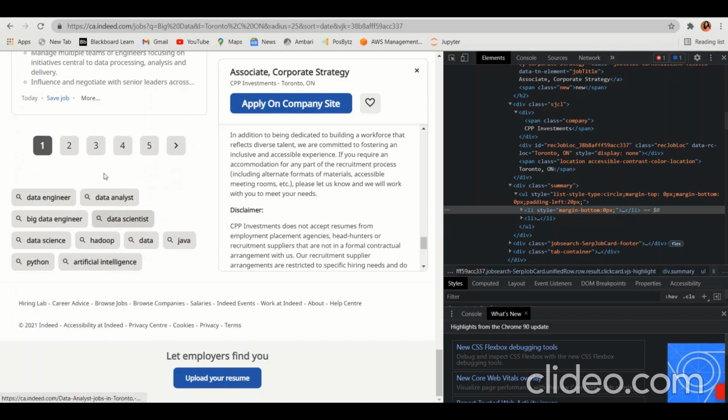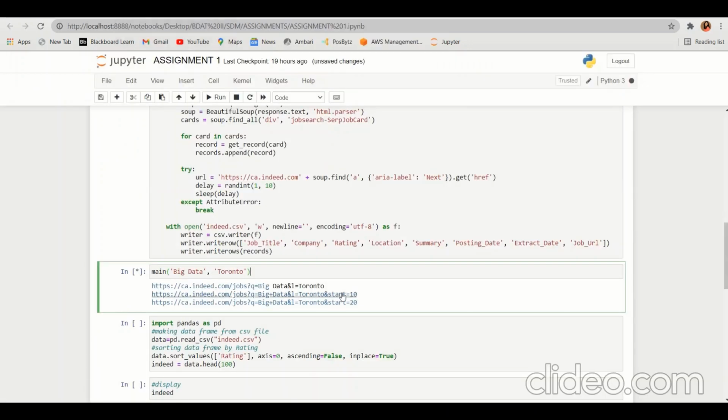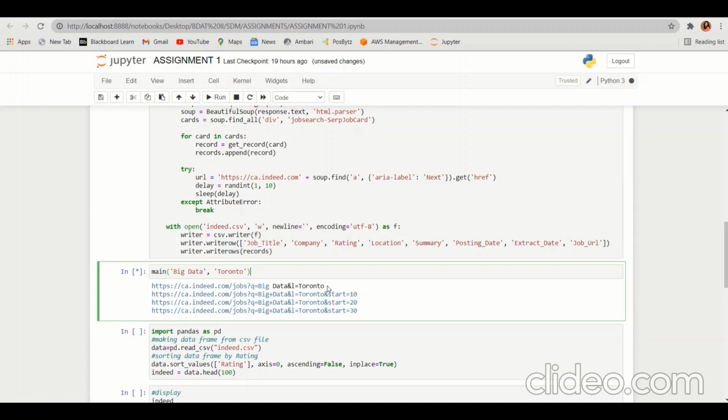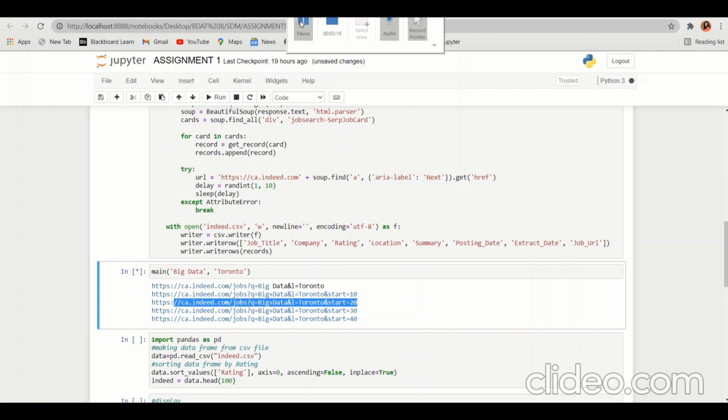There are lots of pages, and each page will contain 10 jobs. It will start from 0 to 9, then from 10 to 19, and the next from 20, which means this is page 1, the next one is page 2, and the next one is page 3. Likewise it will give. So let's wait for everything to get retrieved.